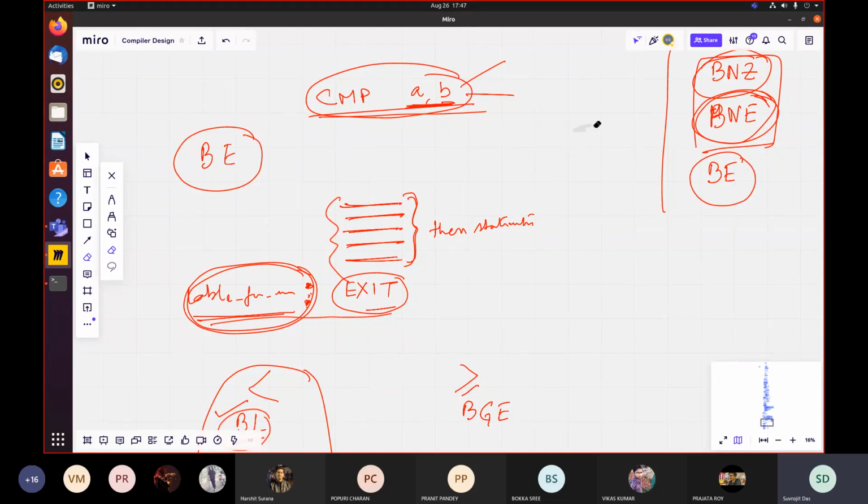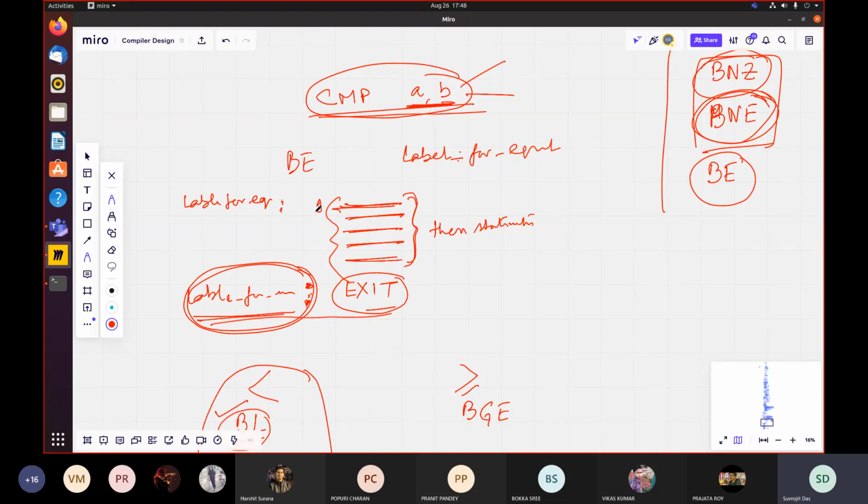So let me answer your question. You are telling me to define something like branch equal. Branch equal, yes, where to go? A label. Label for equal, right? I have named it label for equal. Now label for equal starts with statement number 1 and it may have multiple statements. Now do you want to continue statement after statement